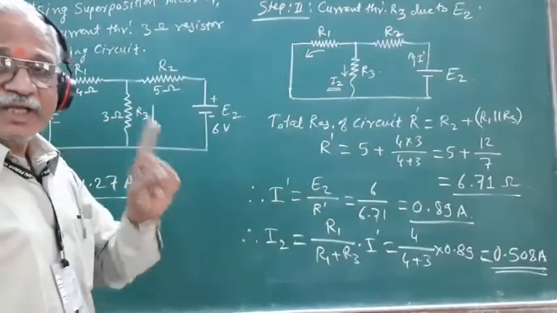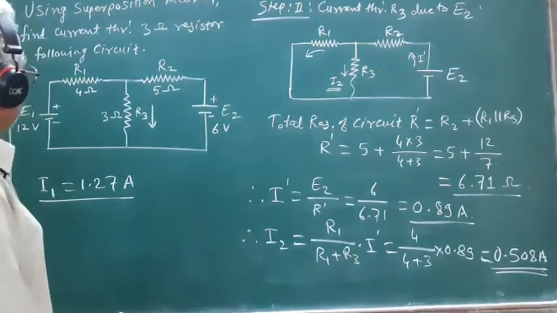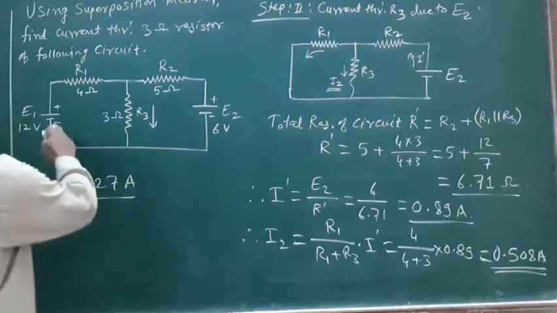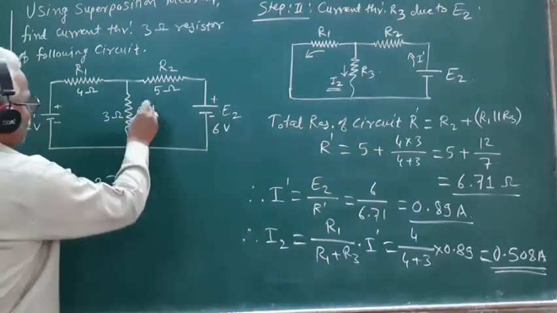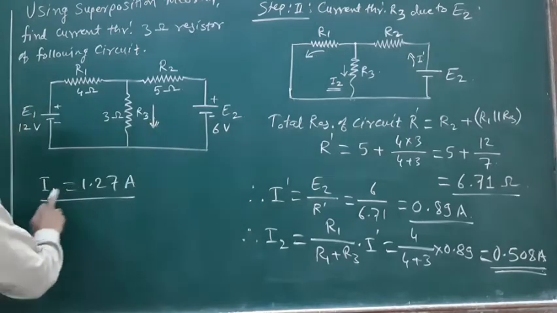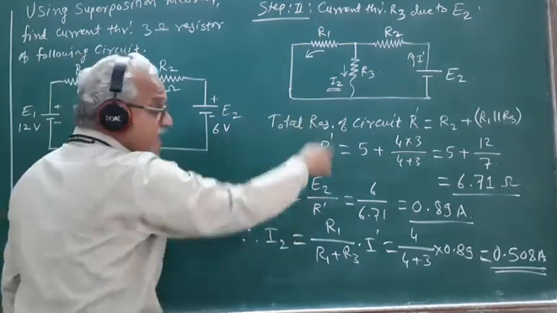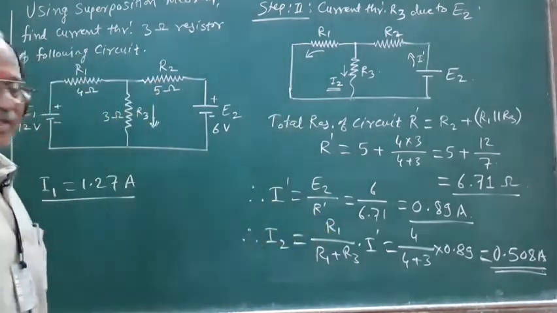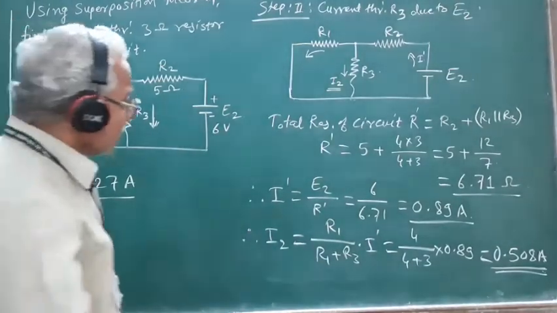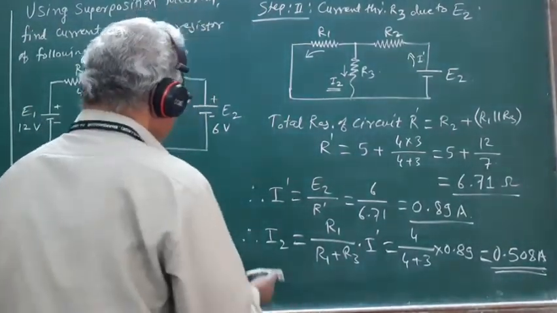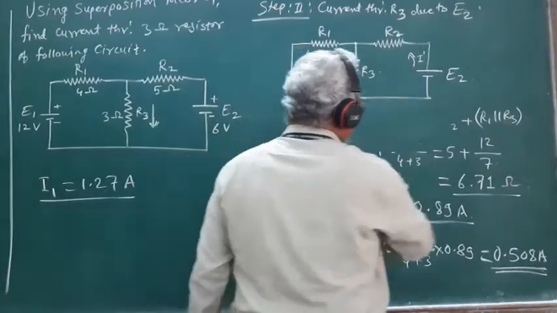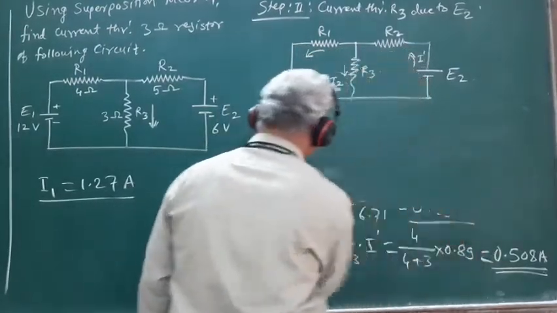And one more thing, it is observed that both the sources E1 and E2 send the currents I1 and I2 in the same direction through this resistance R3. Therefore, the total current flowing through this resistance R3 will be equal to,